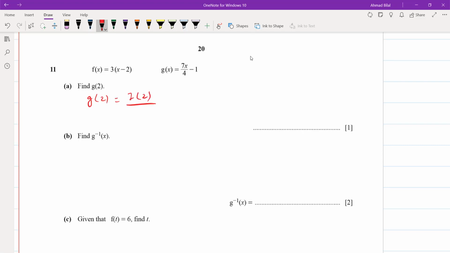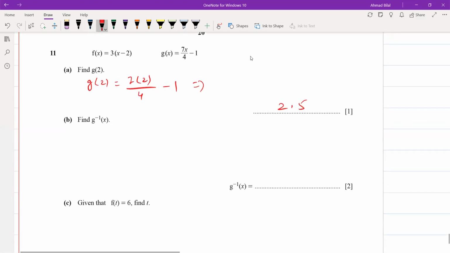जब कैलकुलेटर से इवैल्यूएट कर लें, 14/4, that is 3.5, 5/2 minus 1, that's 2.5। Yes, okay, 2.5. g inverse of x, g का इनवर्स निकालना है, इनवर्स निकालने का क्या मेथड होता है, g of x equals 7x/4 minus 1।